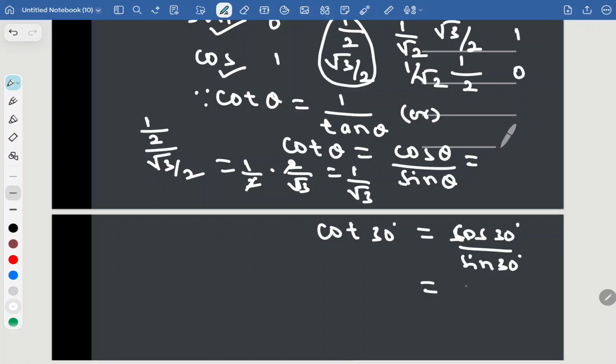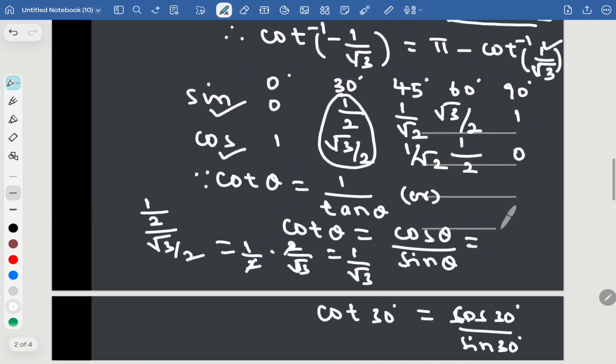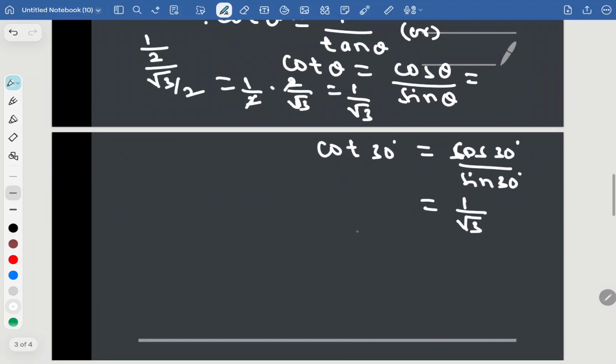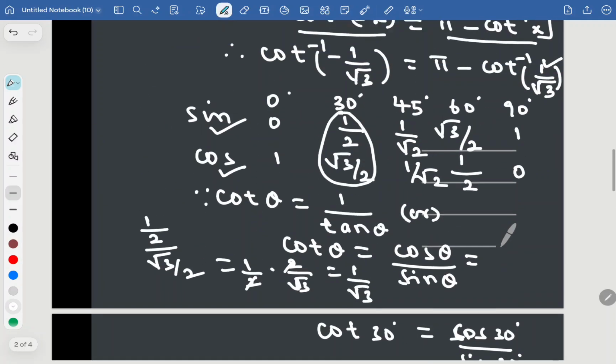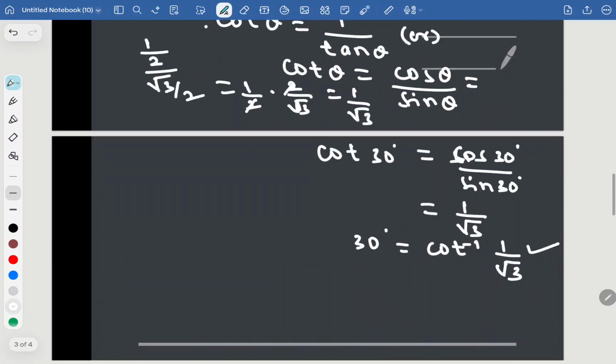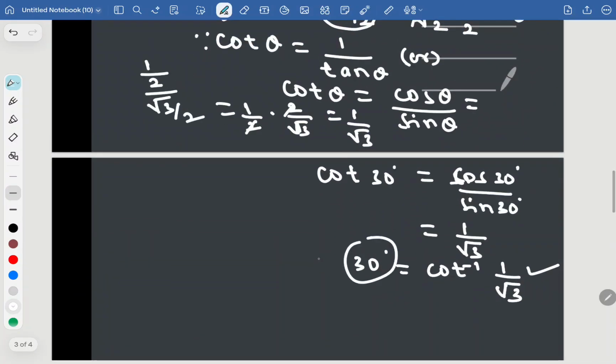Cos 30 by sin 30, we are getting 1 by root 3. Therefore, 30 degree equal to cot inverse of 1 by root 3. If we convert into radians, it is pi by